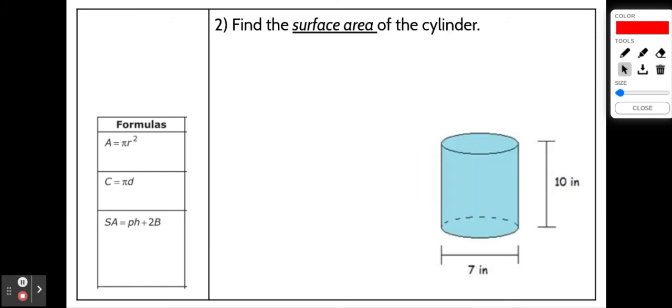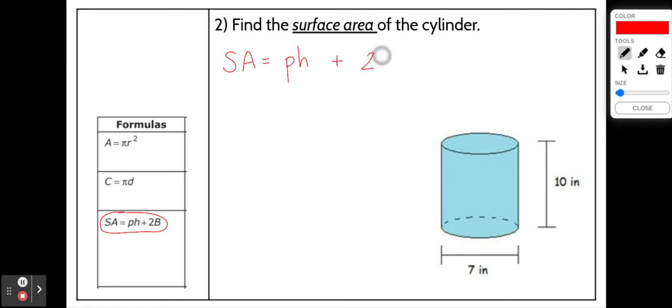Let's move on and try another one. Here I'm just going to give you a plain cylinder, and it looks like we're going to label the diameter down at the bottom all the way across the circle as 7 inches and the height as 10 inches. So go ahead and label that on your paper. And we're asked to find the surface area. So remember, we always begin by writing down the formula. Surface area equals pH